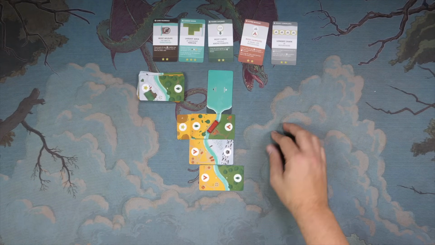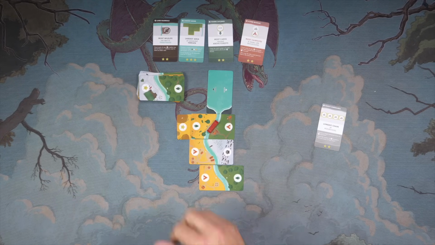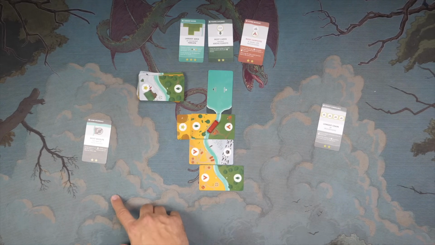Whoever has the longest range of mountains over here, there we go, we have 2 victory points here. Most wildlife next to tributaries or not next to tributaries goes over here. So you're going to take those, put them on your side. Those are going to be victory points. You're also going to get a point